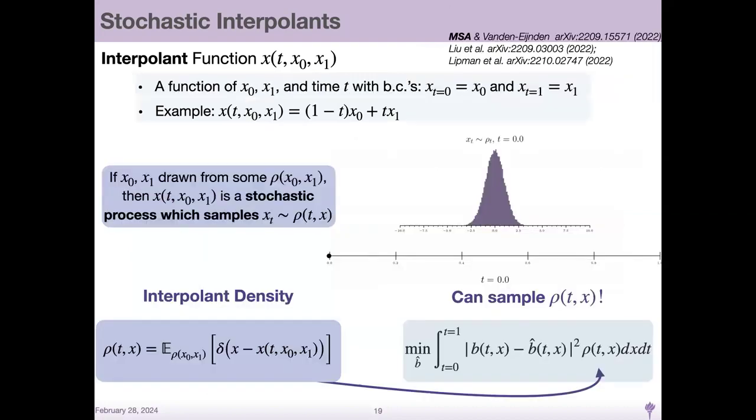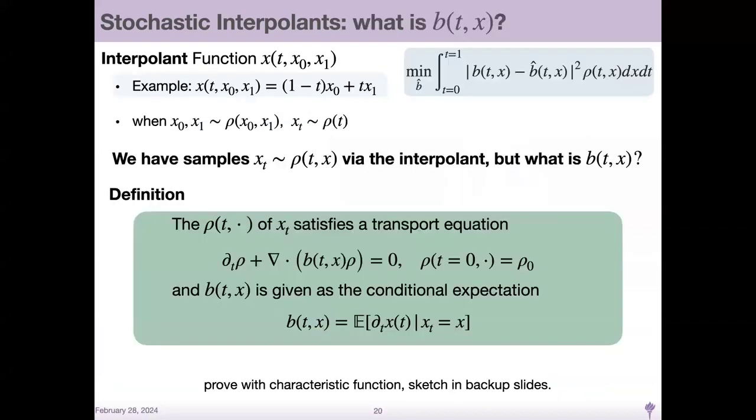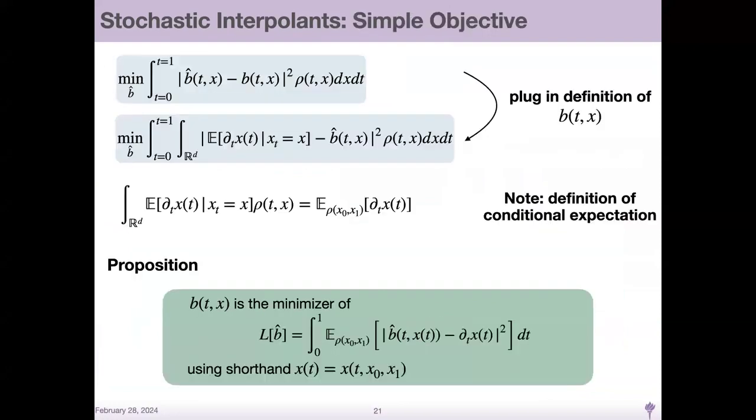For the one that we were just looking at, where I had (1 - t)x0 + t x1, the time derivative of that is simply x1 - x0, and we want to take the conditional expectation of that quantity over x0. But I can take that conditional expectation, which I just defined, plug it into my regression problem, and now I have a new object that I need to try to regress. So I haven't really helped myself too much yet.